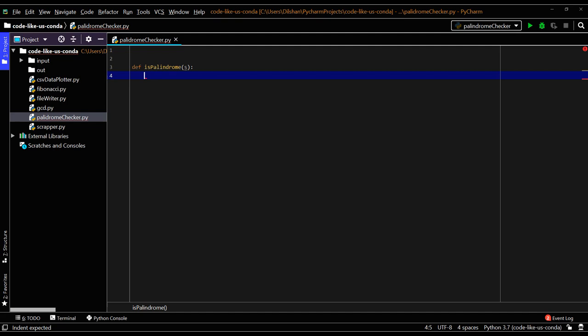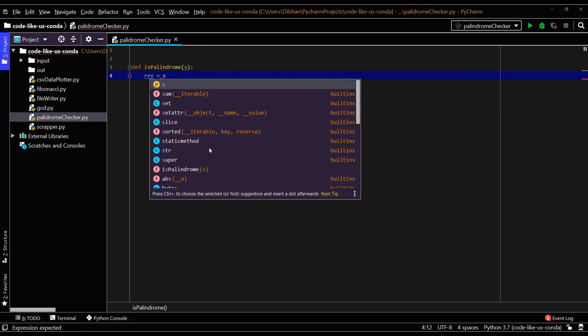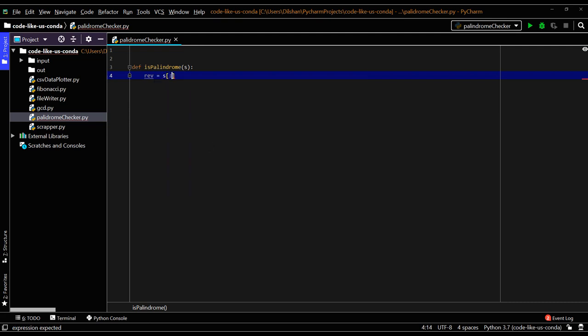So first step, we need to get the reverse order. To get the reverse string, we can use a few approaches. The first one is the extended slice approach. That means we can give a step of -1 and then slice. This gives the reverse order. Another method we can use is to take an empty string and join it with the reversed object of S. Both are okay to get the reverse value.